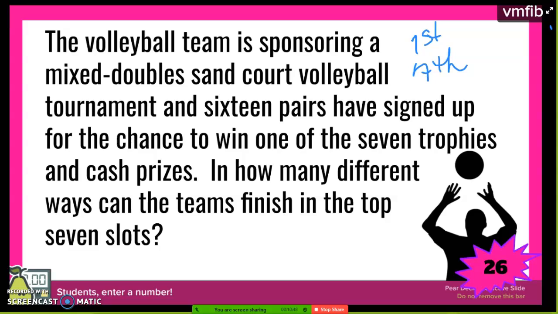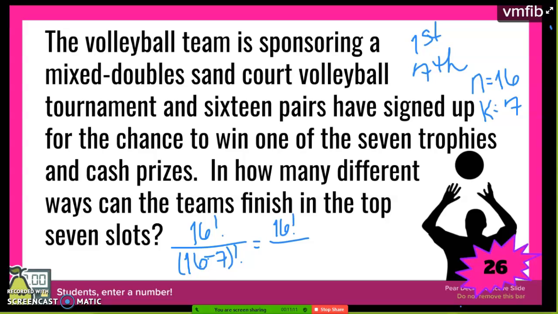To solve it as a permutation, N is 16 teams, K is 7 prizes, 16 factorial divided by 16 minus 7 factorial, which is 16 factorial divided by 9 factorial, which is 57,600,